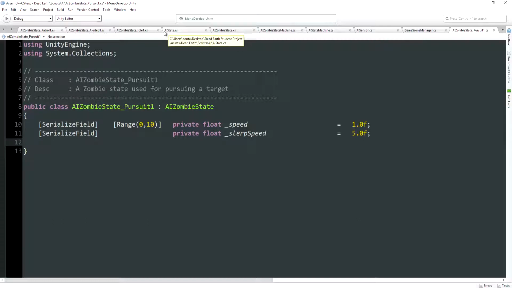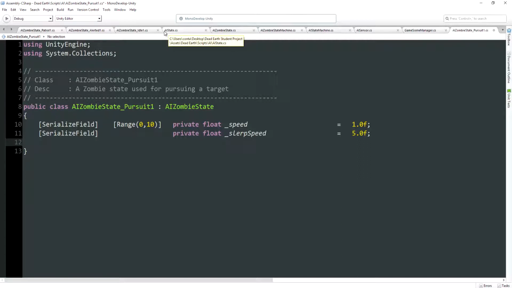Therefore, we can't simply generate a path in the onEnterState function and leave it set for the remainder of this state's lifetime. No. While this state is active, we're going to have to periodically recalculate that path to the target's new position. Because repathing can be quite expensive, we certainly don't want to be doing it every single frame. And furthermore, we probably want to do it less for threats that are further from the zombie. As the zombie gets closer to the target, we want its repathing to become more frequent